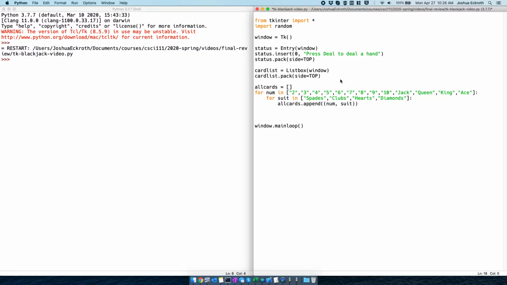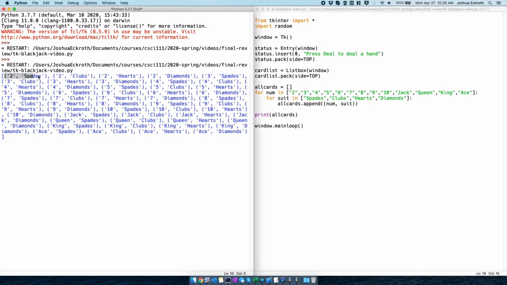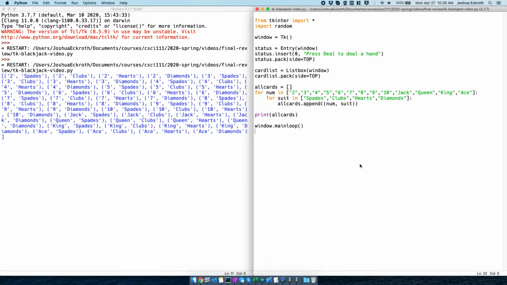Okay, let's just see if that worked. Here's our tuples. So when I calculate the score later, I only have to look at the first part of the tuple, because it doesn't matter if it's spades or whatever. All right, now let's